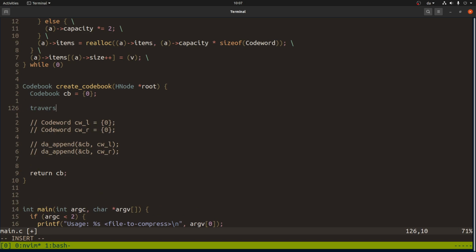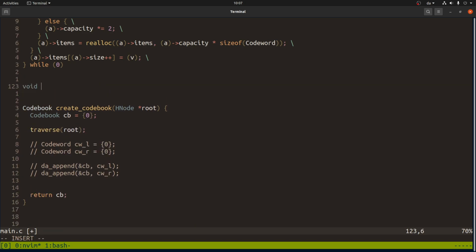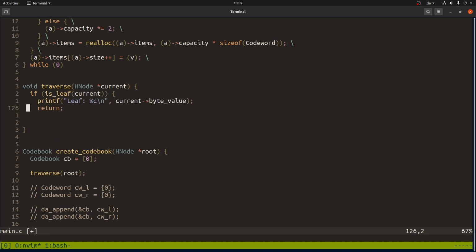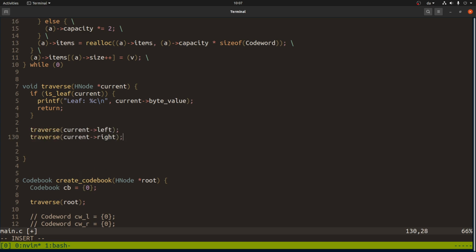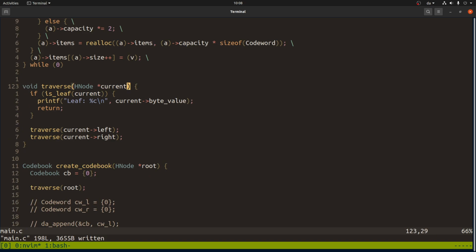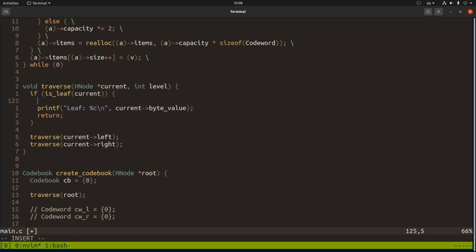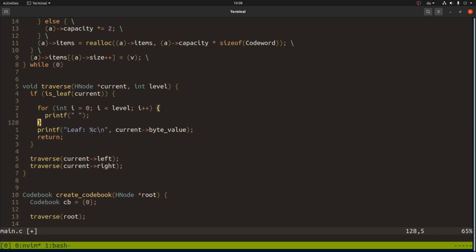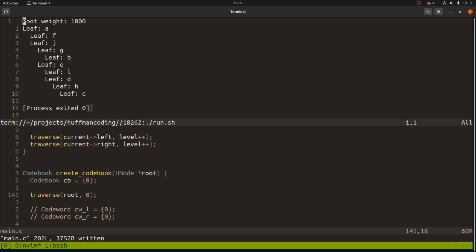Let's make something that just goes through everything and prints it out. So traverse, and this can be current. It would be something like, okay, if this is a leaf, then we just print some stuff. Otherwise, we traverse left and we traverse right. And we can even have a level. And then how do we do that? Well, I don't know how to do that. So let's just print a space, get 2 spaces. Like that. So let's run that, and you can see